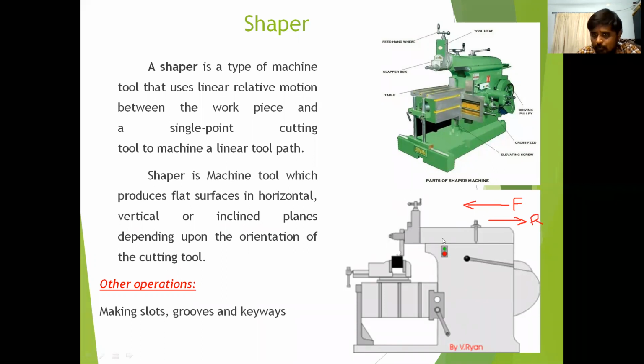When the ram is moving in the forward stroke, the cutting action takes place. If the ram is moving in the return stroke, no cutting action takes place. So the material is removed only during the forward stroke. That's why the forward stroke is called the cutting stroke and the return stroke is called the idle stroke. There is no metal removal in the return stroke.